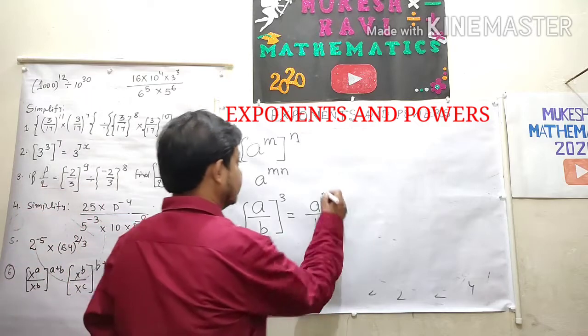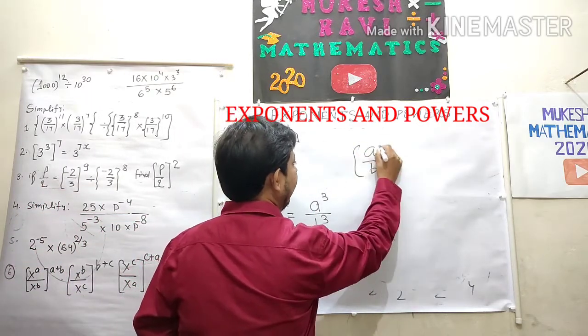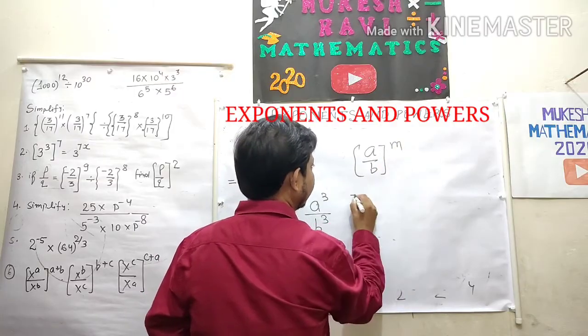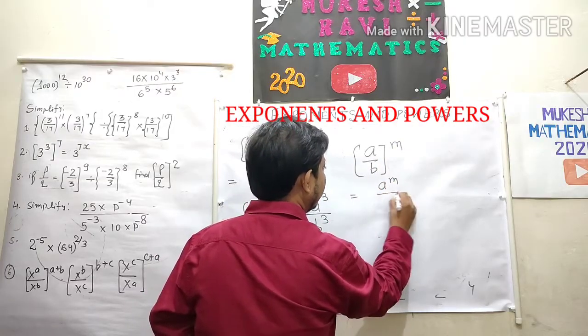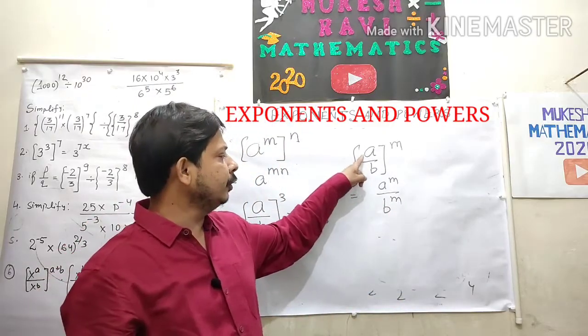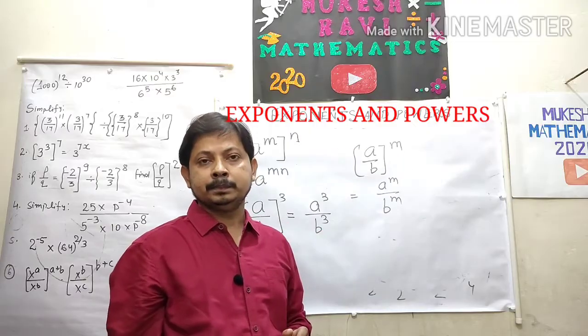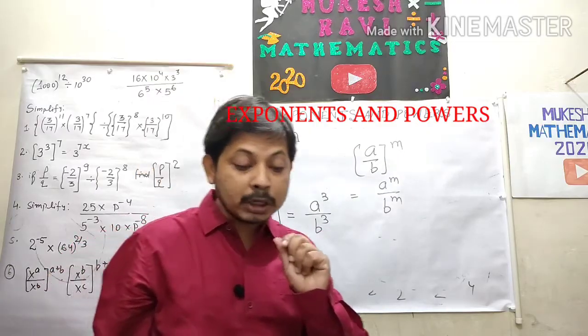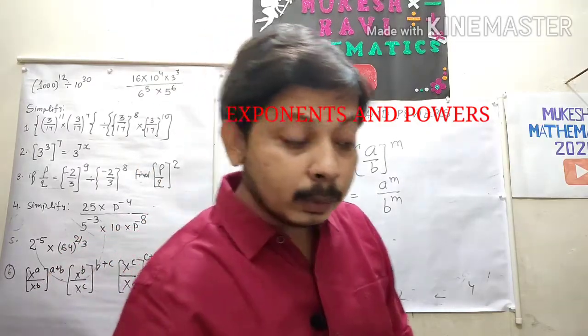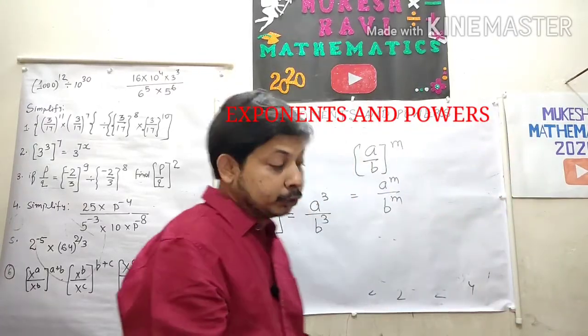Or if we establish a by b to the power m, then we will write a^m upon b^m, because both the numerator and denominator have the same power. So these are the small tips when you calculate exponents and powers. Suppose